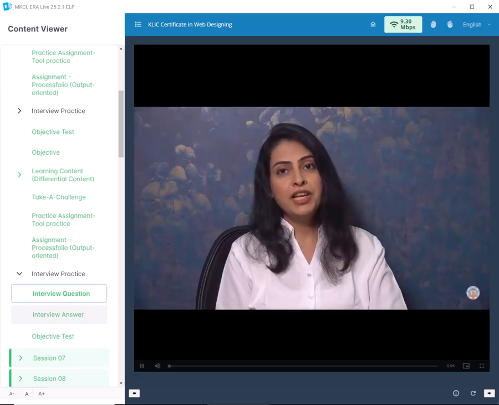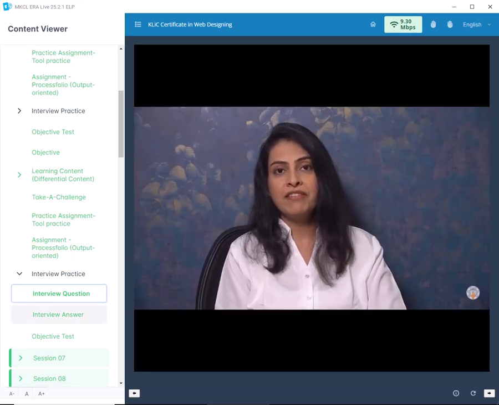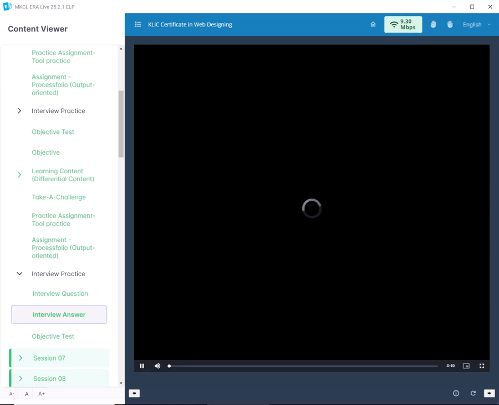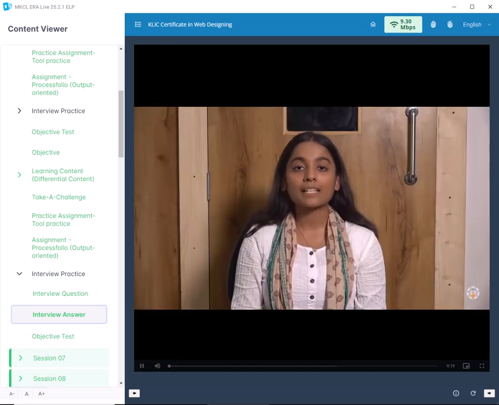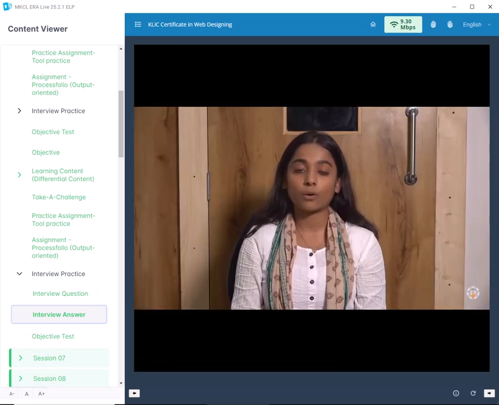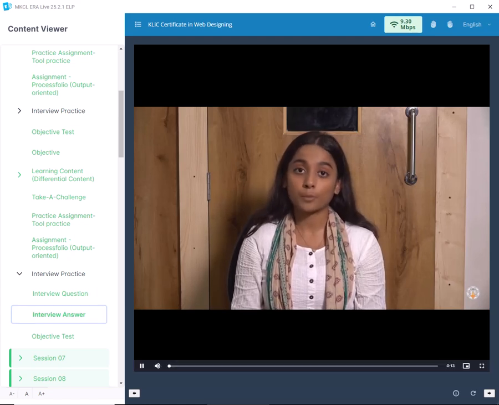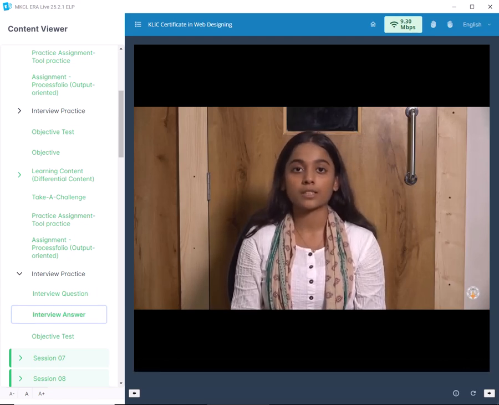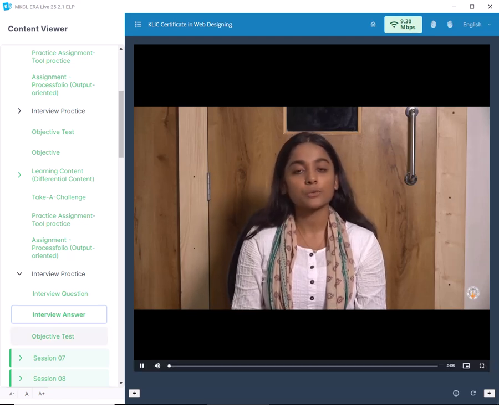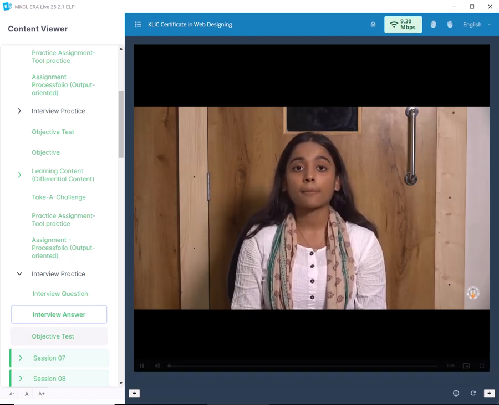What color scheme will you use for a web design wireframe? Usually wireframes are designed in grey or black and white scale. However, if we are designing it as a prototype to get the client's approval, then we can design a wireframe in color. And in this case, I will use the color scheme as decided by the entire